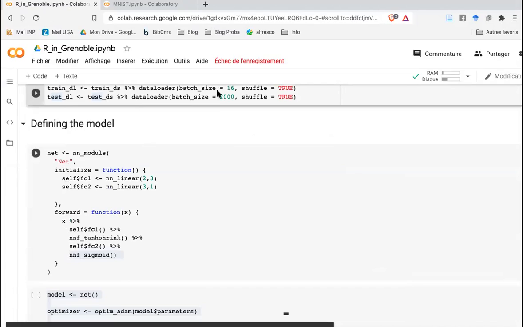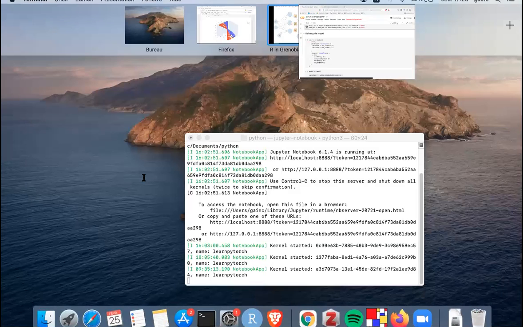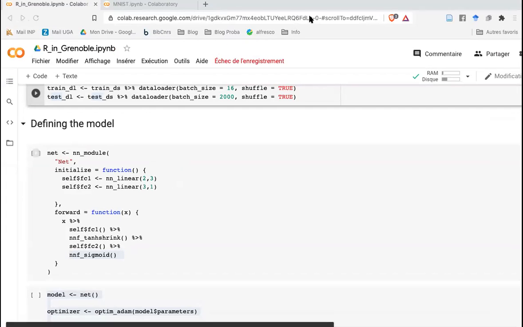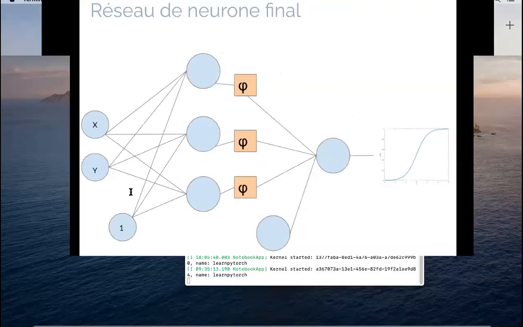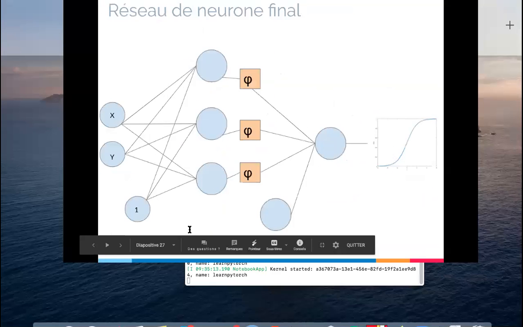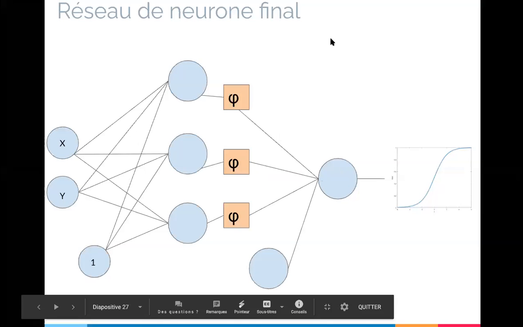So if we look back to what it should represent, we've got this first layer that goes from 2 neurons to 3 neurons. So it's actually this part. And a second layer that goes from 3 neurons to one neuron. So it's actually this part. And so when we go forward in the network,